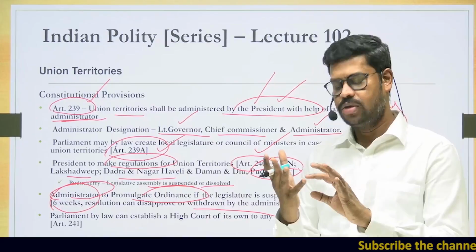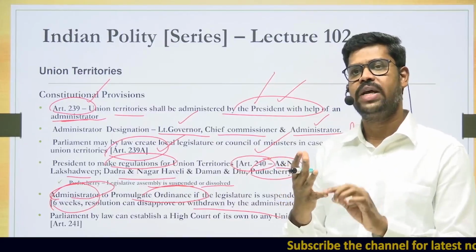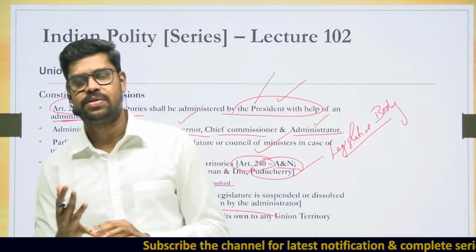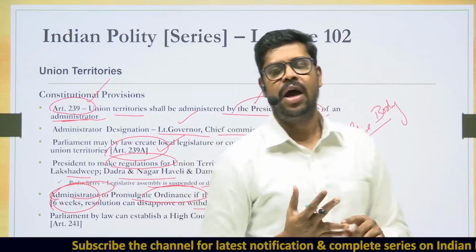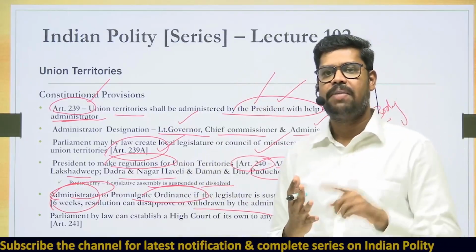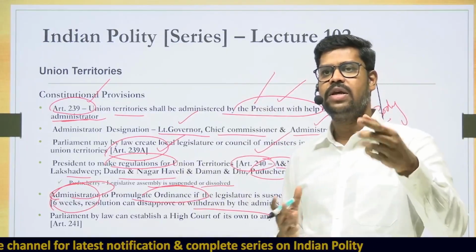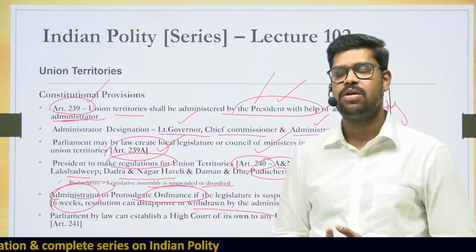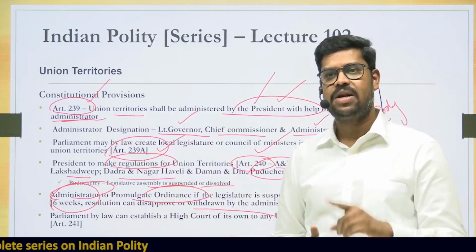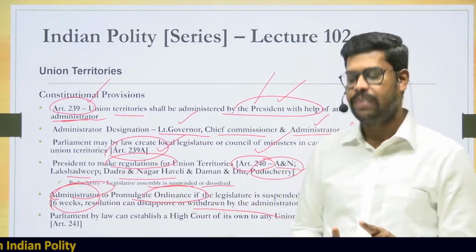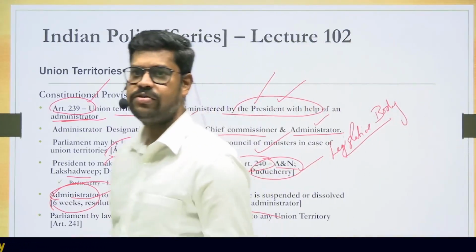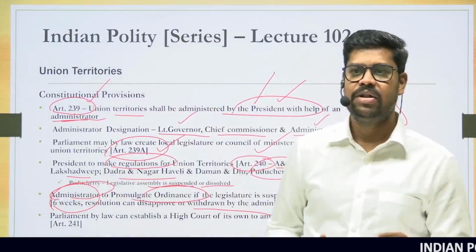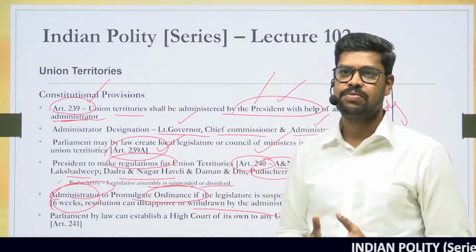What is very important is, you remember Article 239. Who is the head of the union territory? It is the president. But the president can also appoint certain administrators. And apart from that, under Article 239A of the Constitution, the Parliament is empowered to make a law, and by that law they can create or provide for a legislative body for the union territories. They can provide for a Council of Ministers to the union territories. Apart from that, under Article 242 of the Constitution, the President can make regulations for the good governance of certain union territories. But if the union territory has a legislative body, only when the legislative body is suspended can the President exercise this particular power.